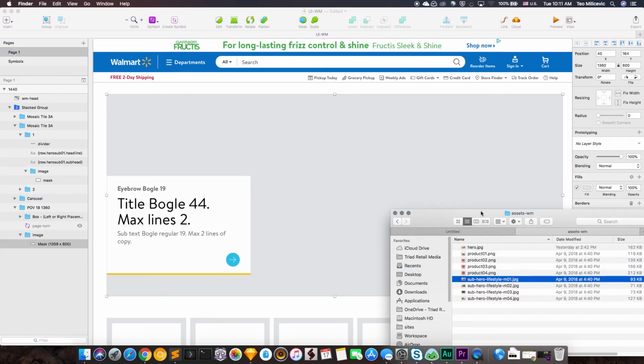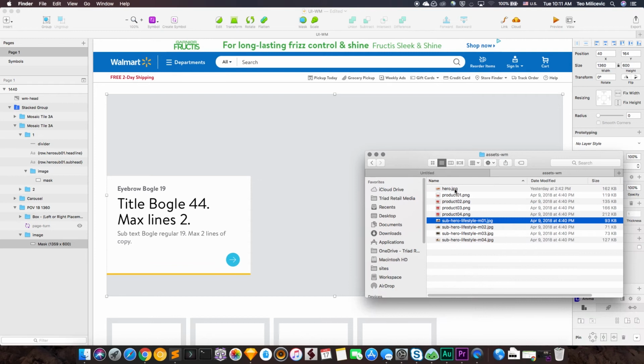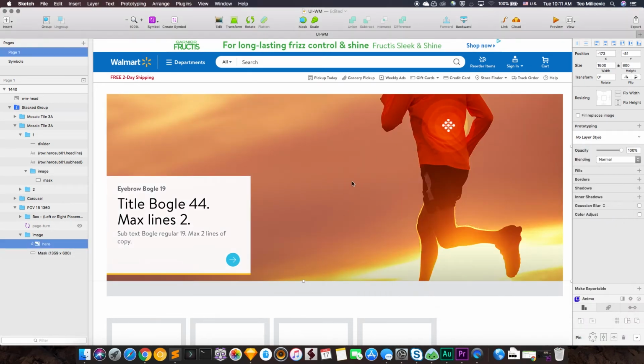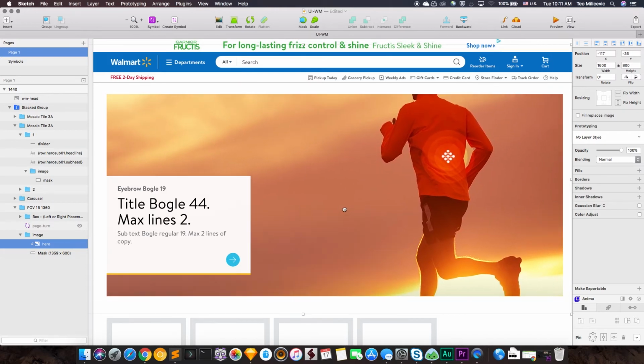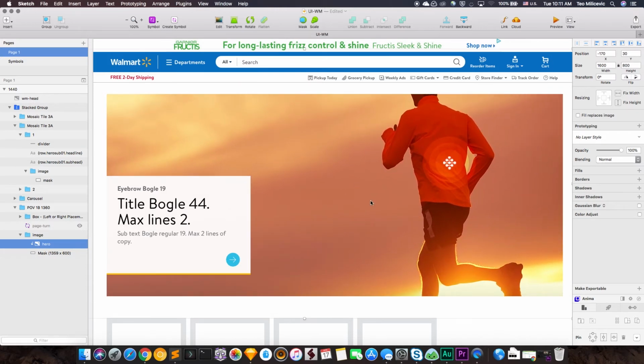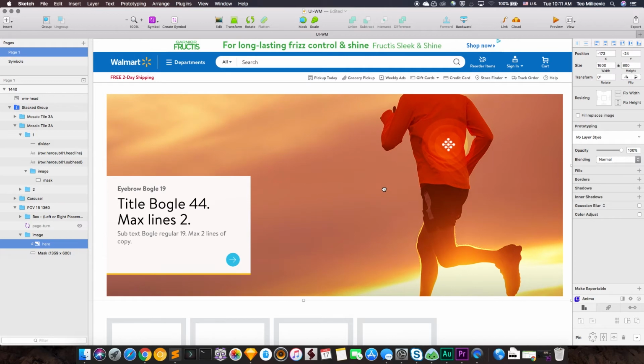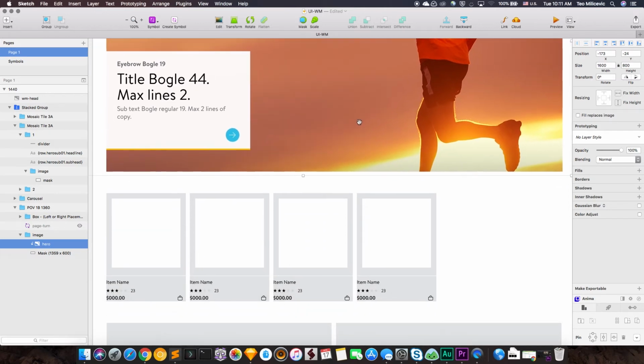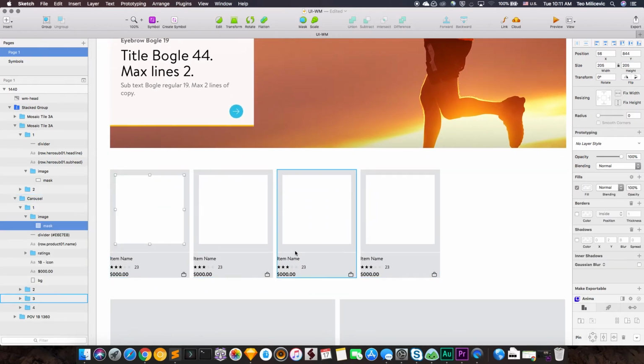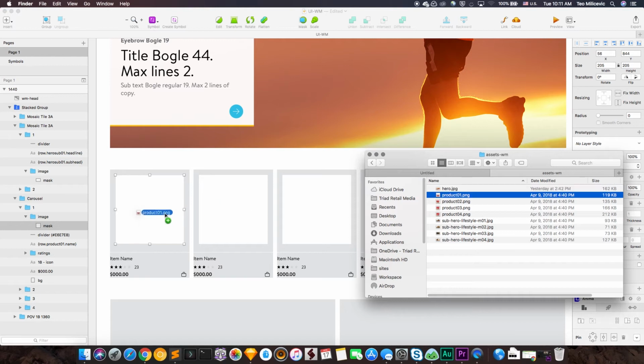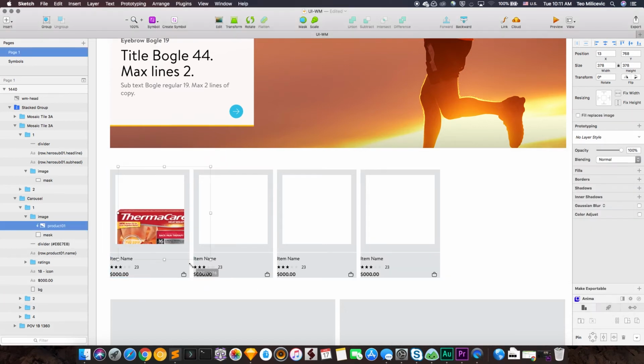I have a folder here with a bunch of images that I'm going to use. So drag and drop, lifestyle shot within the hero area, quick adjust, it's all masked out. Let's say we like it here. Good. Go a little bit below. Let's try to throw in a product shot. Again, all masked out, quick scale,